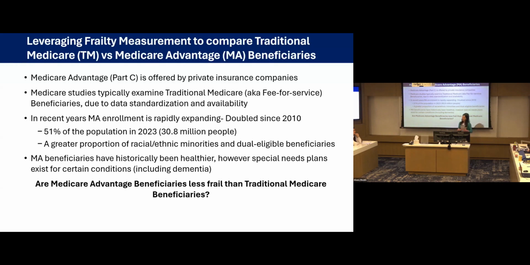And so from that point on, what this leads to is problems with data standardization and availability. Medicare Part C data is a little bit harder to work with because you basically have data coming in from all these different private healthcare companies, and they might collect different sorts of data in different ways. And so it can be a little bit tricky to work with. So historically speaking, traditional fee-for-service Medicare has been easier to work with.